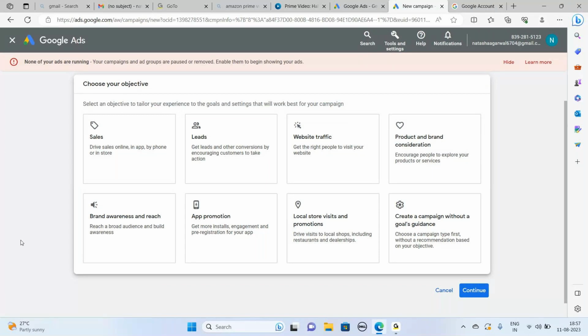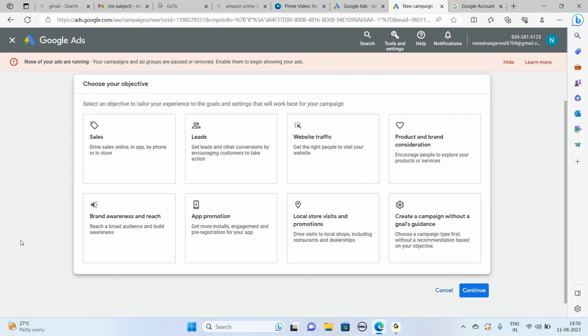So if you want it, then you can choose it as brand awareness and reach. The next, app promotion. App promotion is for, in case you are an app developer and have developed any apps, so you can promote the apps on the particular platforms.